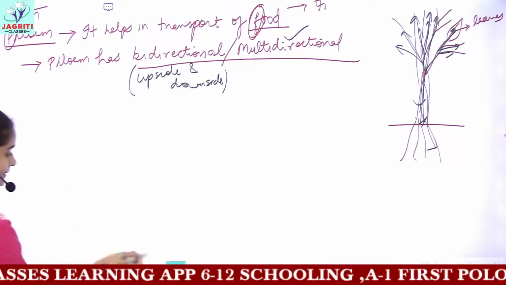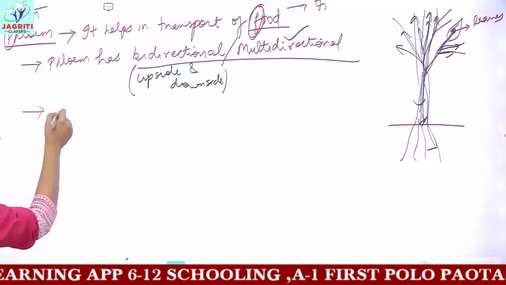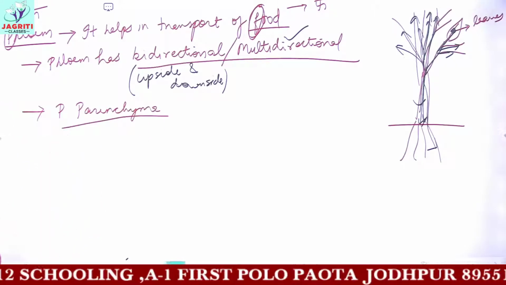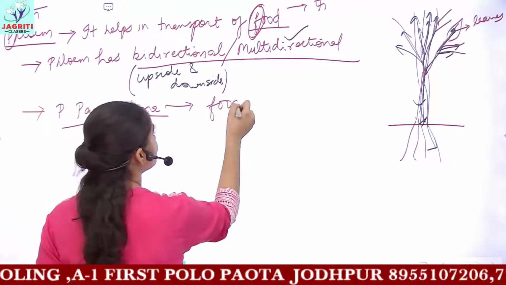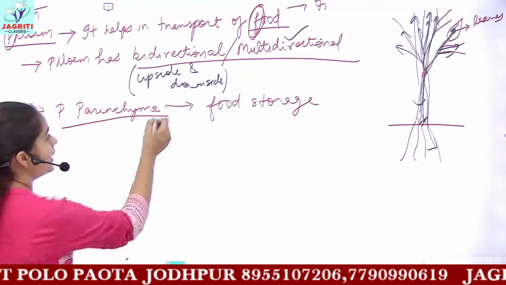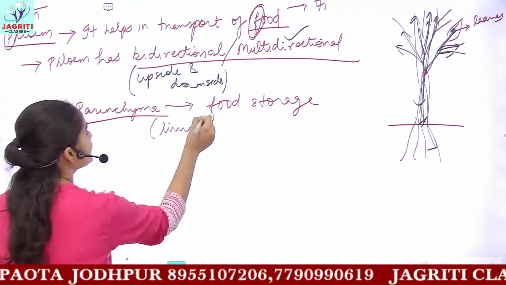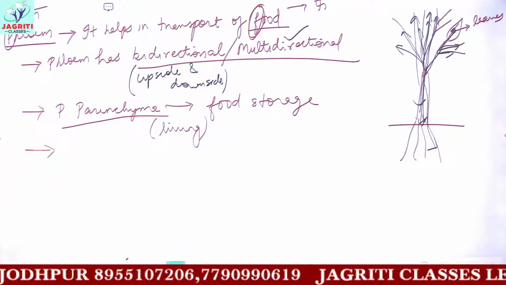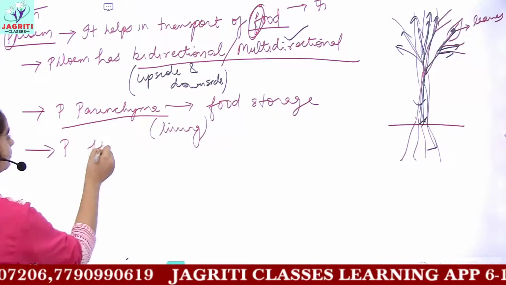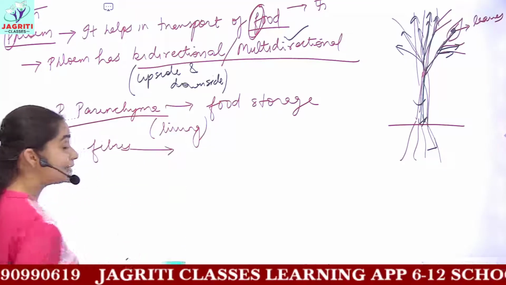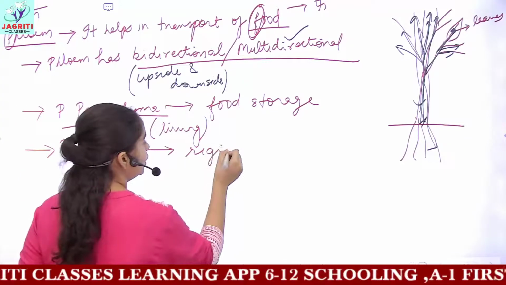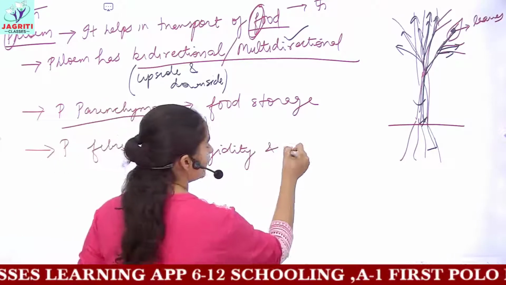And at last we'll discuss the different components, that is phloem parenchyma. The function of phloem parenchyma would be food storage, as we have the general function of parenchyma. And this phloem parenchyma consists of living cells. Then next, you are not given in detail about the functions of sieve tubes and companion cells, but you can say the phloem fibers which are present are dead cells, and in turn they give structural rigidity and mechanical support